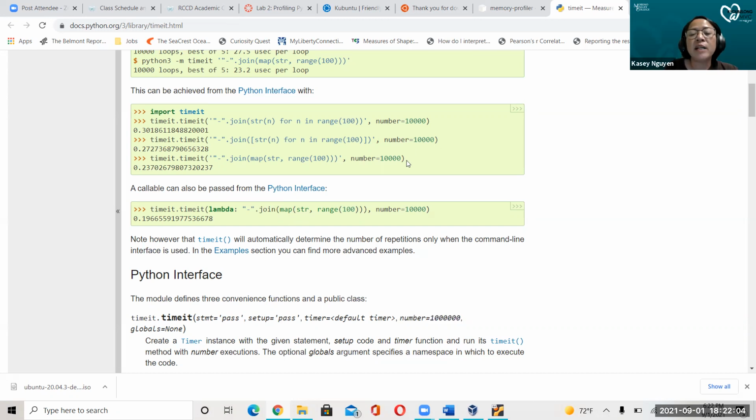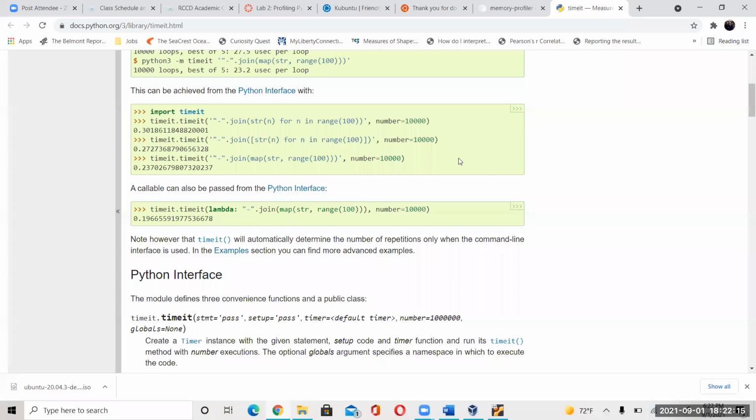But to be more consistent, you can actually use something like this. You can specify how long. So based on my question from the other day, is 20,000 loops better than 10,000 loops? Yeah. So the more iterations that you have, the closer that you're going to get to the margin of error,